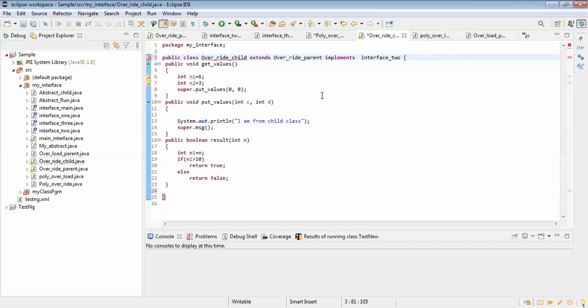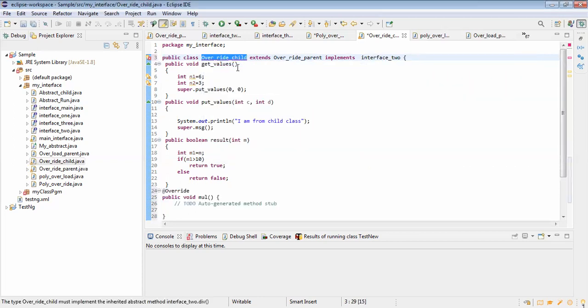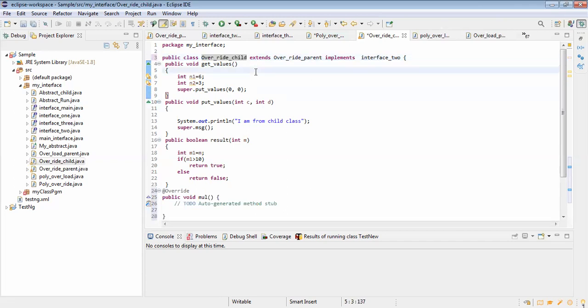Go to the error, override child, and add the unimplemented methods. Done, right? Yes, sir, I have implemented these two methods.